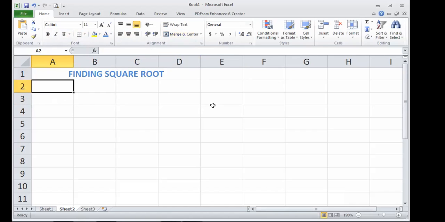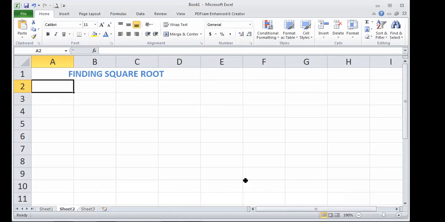Now, using the square root function, we can find the square root of a particular number. It is an inbuilt function which is available in an Excel sheet. First of all, click in the cell where you want the result to appear.